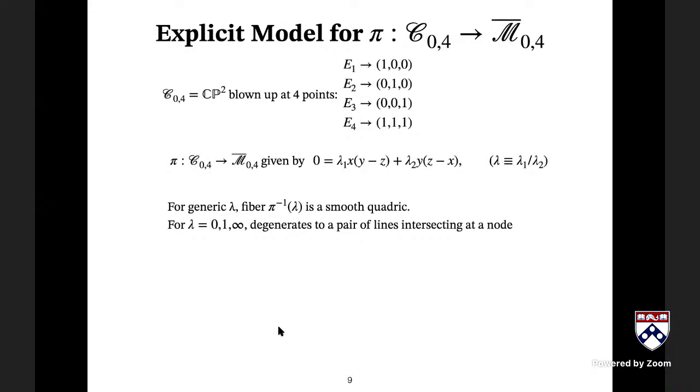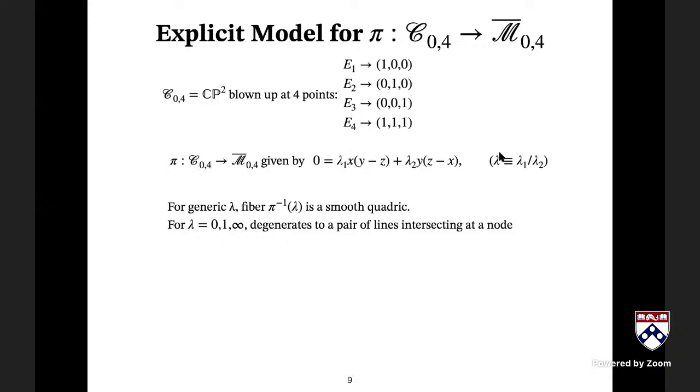So let me, in order to give you some sort of more concrete picture of things, let me just say some words about the construction of this universal curve. So Del Pezzo 4 is CP2 blown up at 4 points. And so I have exceptional divisors E1 through E4, and I can take those as the blowups of these 4 points in CP2. And then the projection from the universal curve to the moduli space is given by some equation